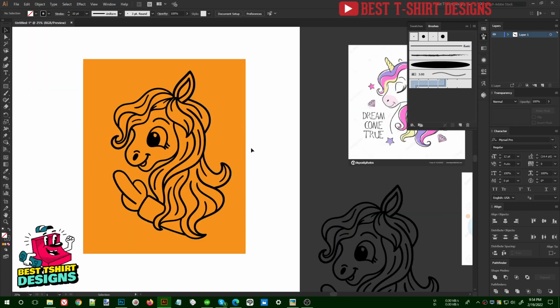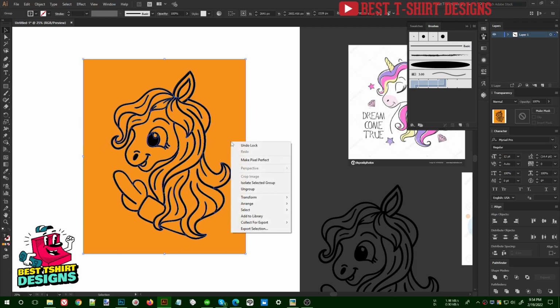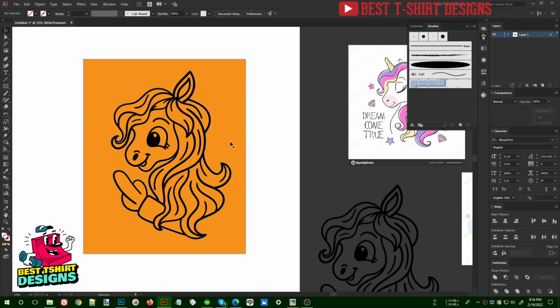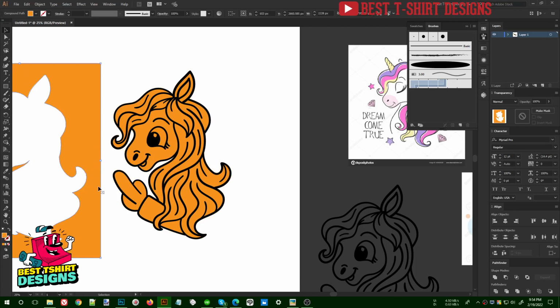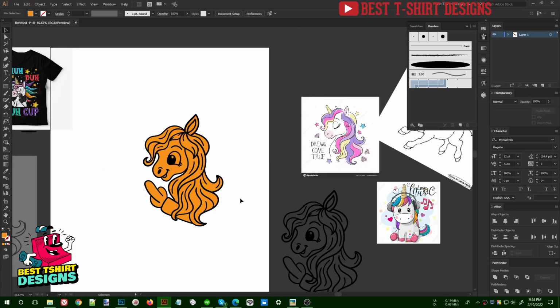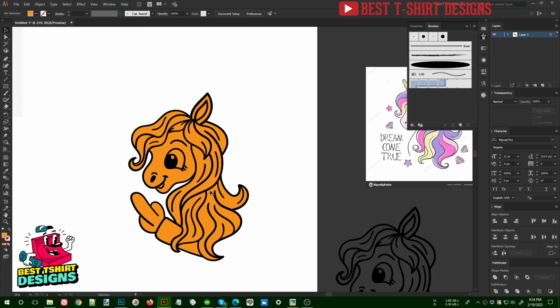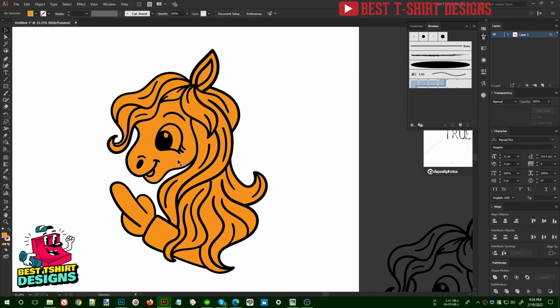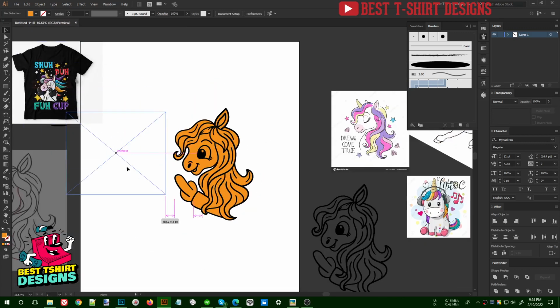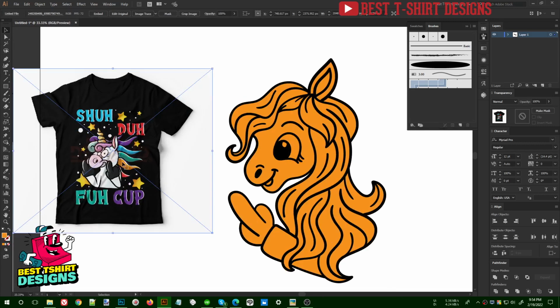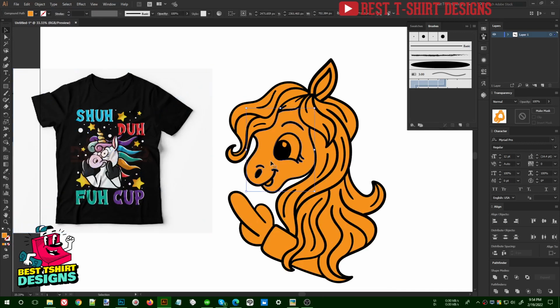So once it is done like that, I am going to click on this one, right click, and then ungroup. So once it is ungrouped, I can select the outer part of it, delete that. So all I have is this color layer here. So in this area here I am going to put the colors. I'm going to pick colors from this one. So I'm going to select this part